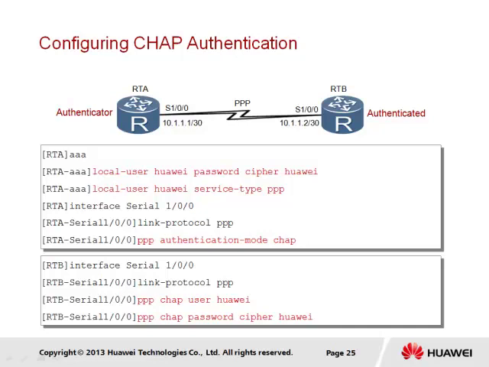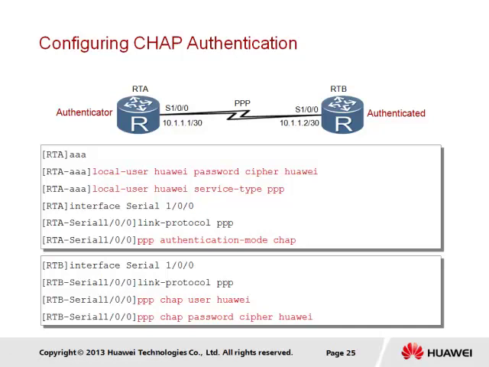The configuration of CHAP is very similar to that of PAP, in that an authenticator and authenticated device is firstly determined, followed by which the username and password to be used as the authentication parameters are set on the authenticator, by which the peering device will be authenticated. We again find that the local-user command is configured to define the username and password to be used, and along with this the local-user command that defines the service type to be set as PPP. For the configured PPP service type, the authentication mode of chap should be set.